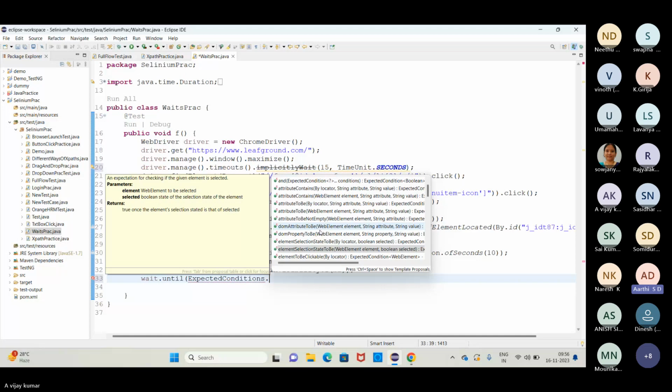Okay, so for explicit wait, we have to take the help of this WebDriverWait. We have to create an object instance for that. And using that, we have to create it. Okay. Now what we will do is